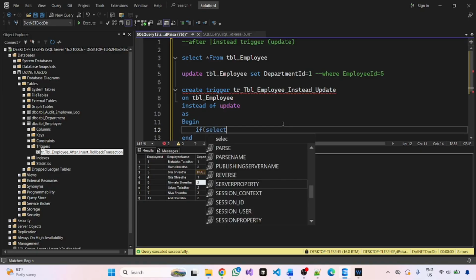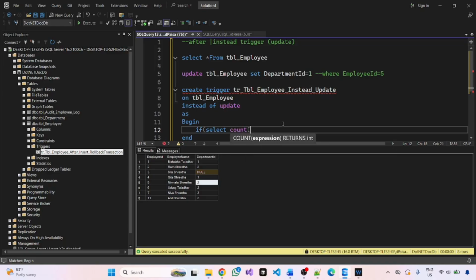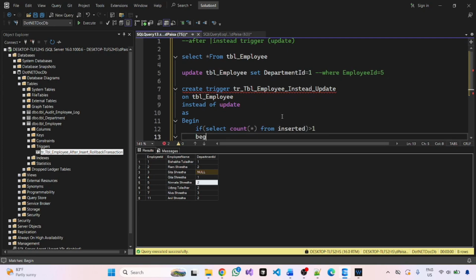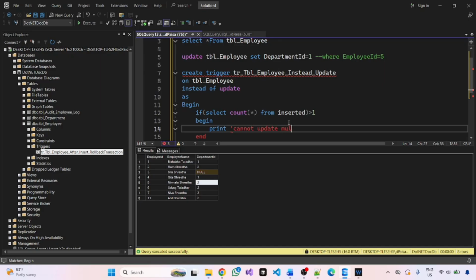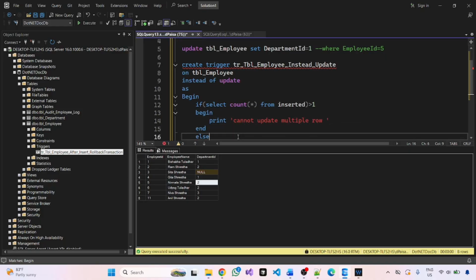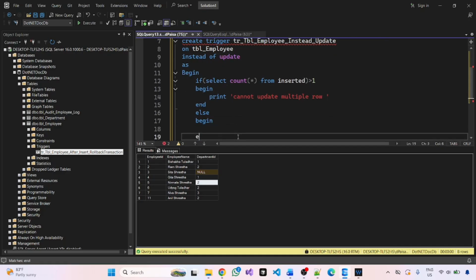If select count from inserted is greater than 1, if the update is greater than 1, then show the message that cannot update multiple rows like that, else begin and